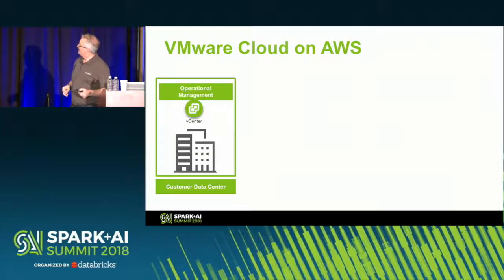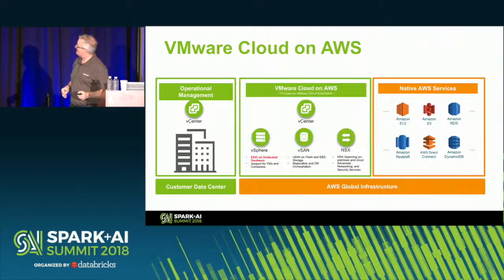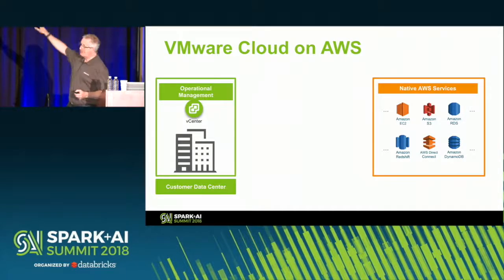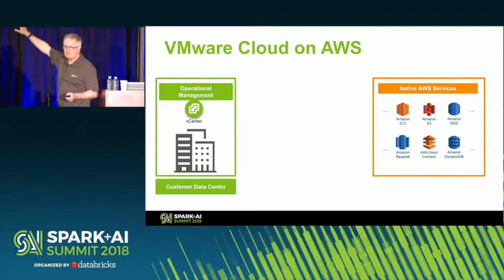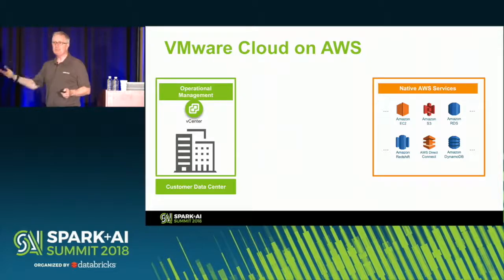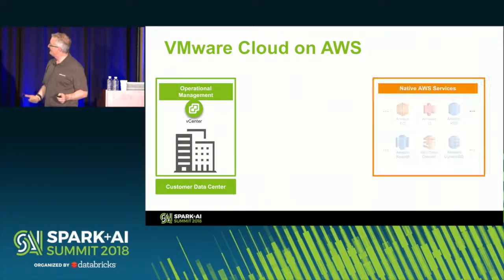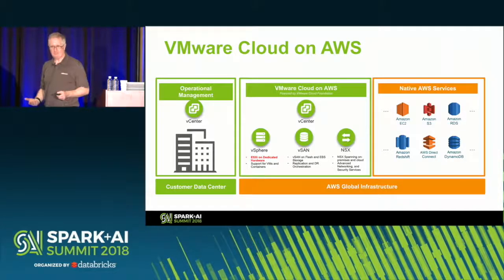So VMware Cloud on AWS, just to be totally clear about it, is not running on top of EC2. It's running on machines located at AWS data centers, which are running the VMware stack. VMware includes a hypervisor called vSphere. It includes a storage system called Virtual SAN. It includes a networking system called NSX, and a bunch of controls called vCenter and vRealize that do the management